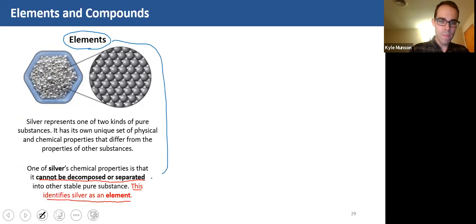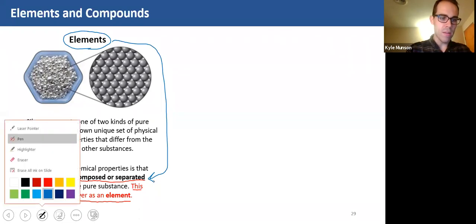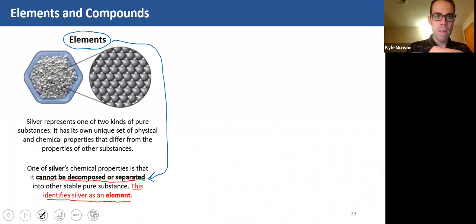Okay? So elements cannot be decomposed or separated into other stable, pure substances. That is what identifies them as elements. Now, the smallest unit particle of an element is an atom. Okay, so I'll write that down here. Let me change my color. The smallest